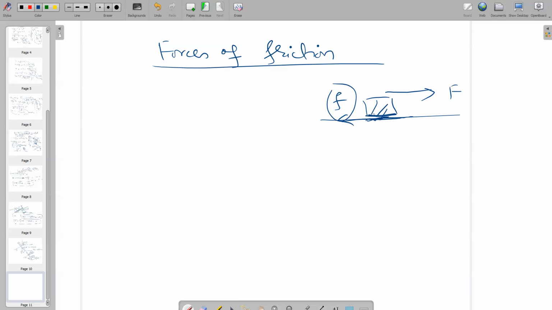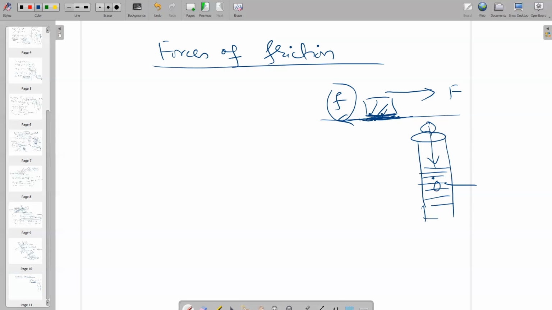And this friction is due to the interlocking of these surfaces, because you cannot make a surface very smooth. It has some roughness. So due to this roughness, there is friction. You have done one experiment in which there is a liquid, maybe glycerine, and you throw a ball. The ball is going down. When the ball reaches here, it will face the frictional force. This is solid-liquid friction. But here, solid friction.